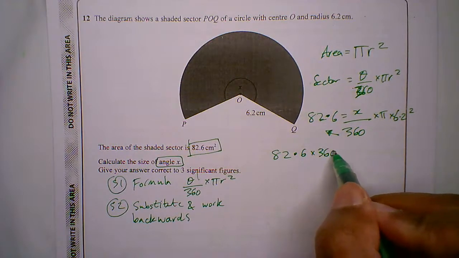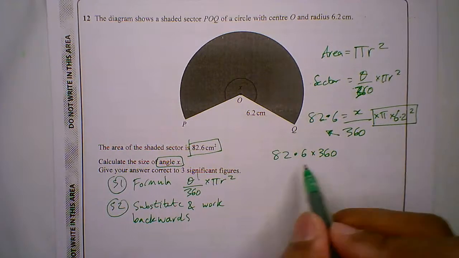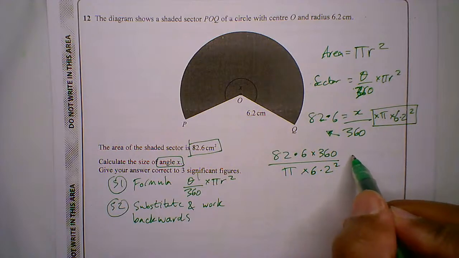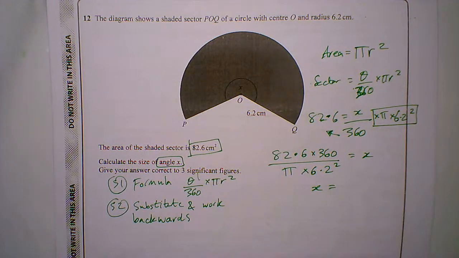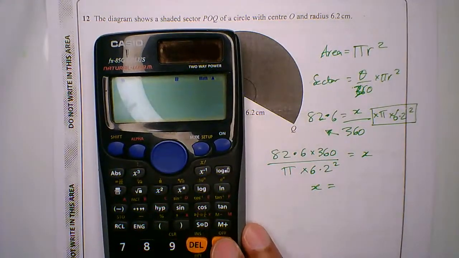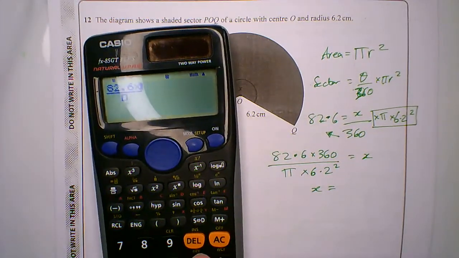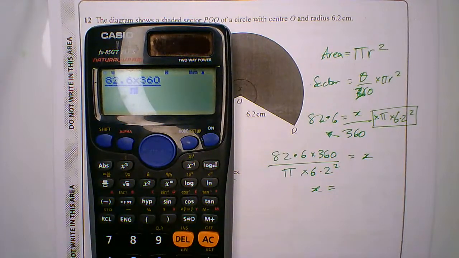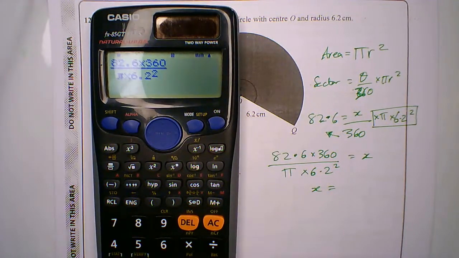times 360. And then all of this, the opposite of multiplying is dividing. So I divide by pi times 6.2 squared. That gives me X. So X equals, and I just put that into my calculator. 82.6 times 360 divided by pi times 6.2 squared. And that gives me